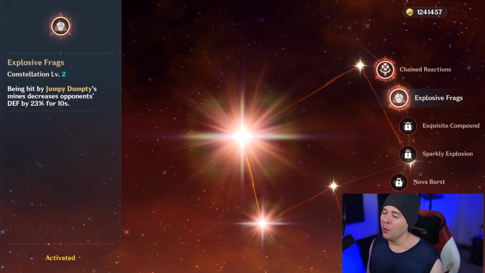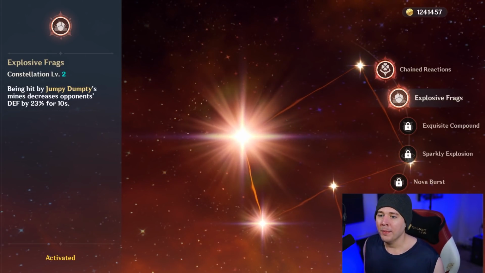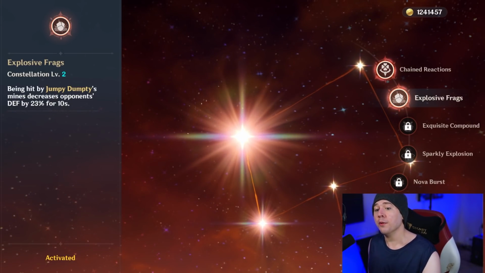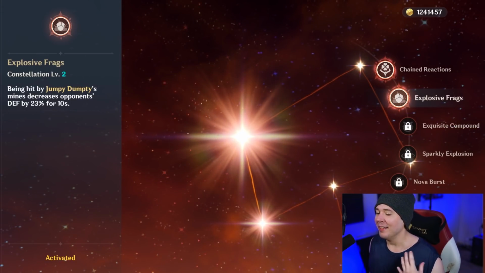Explosive Frags here though, this is the one that everyone really loves. Now, it does have a downside, so let's talk about that. This is attached to the little bombs that the Jumpy Dumpties are after you hit them with the big mine. Now, if enemies run into these little bombs, 23% decreased defense for 10 seconds. The downside here